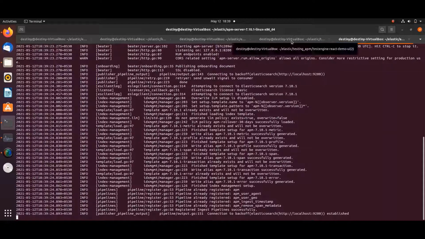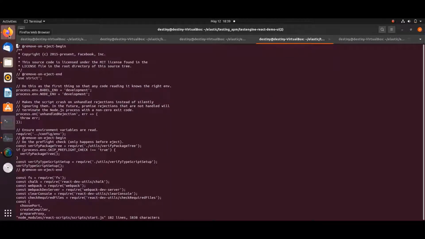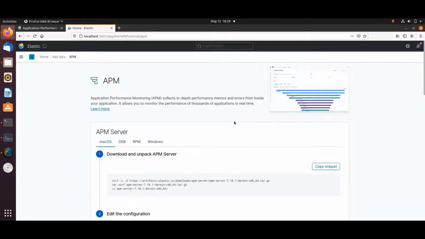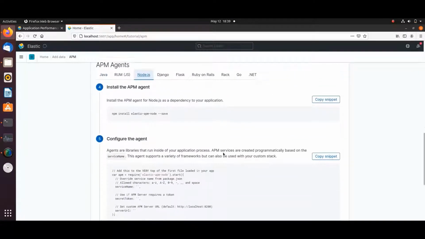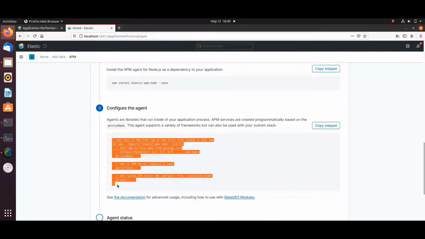Let's go to the React Node.js, which is a sample. I'm trying to change the start.js, which is the initializing file, and we'll try to instrument the Node.js code into this start.js file. Just click on add data, and you'll be able to see the APM server details, which we have already done. Click on Node.js, and we'll be able to see the configuration and the necessary dependencies, which I'll